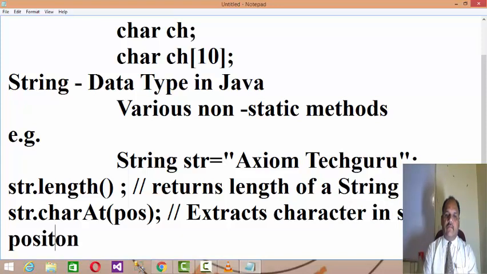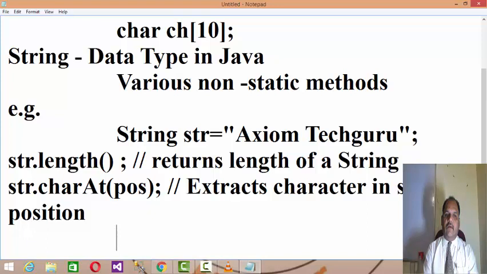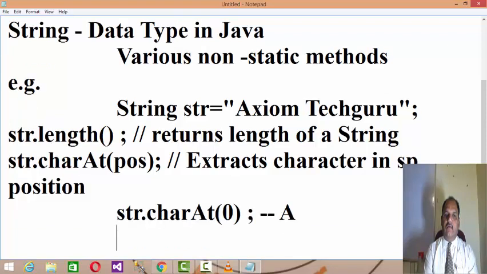For example, referring to the str string, str.charAt(0) will give you A. Likewise str.charAt(1) will extract X.